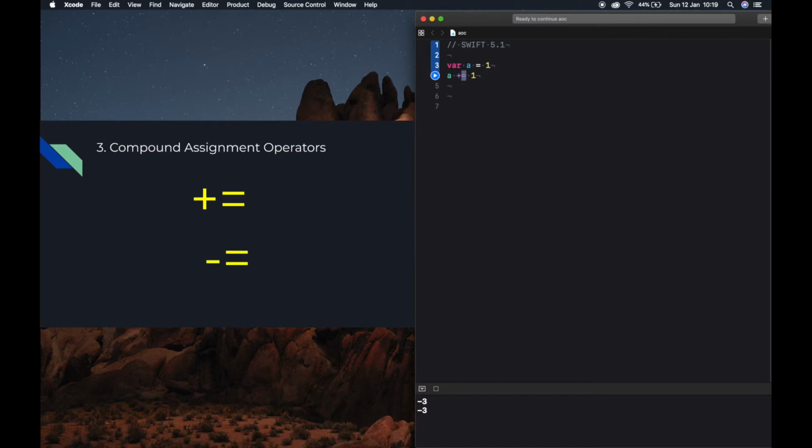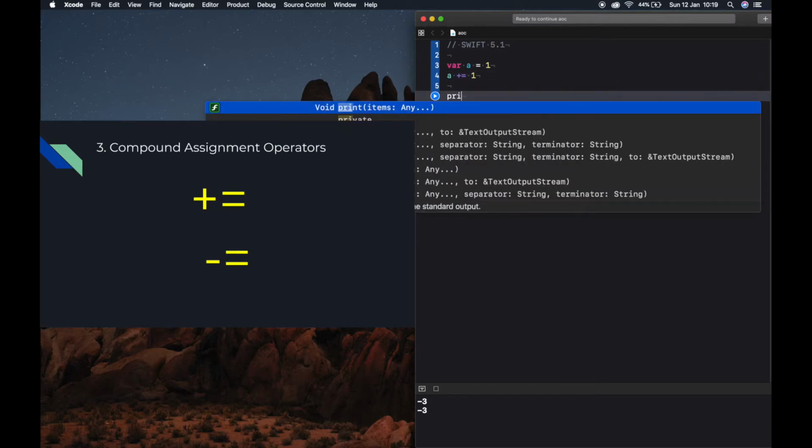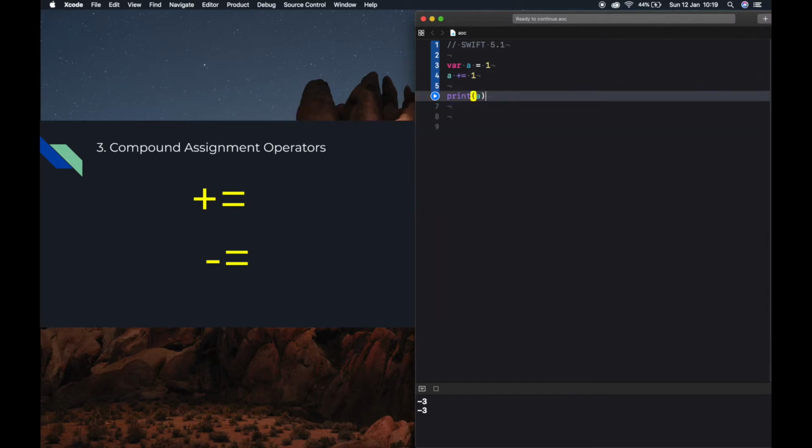So we combine the assignment operator with the addition operator. Plus equal to is the same as A equal to A plus 1. Both are the same. See this, the value will be 2.